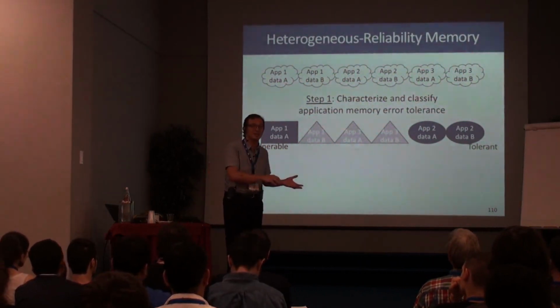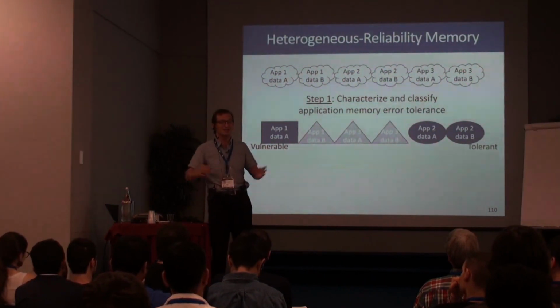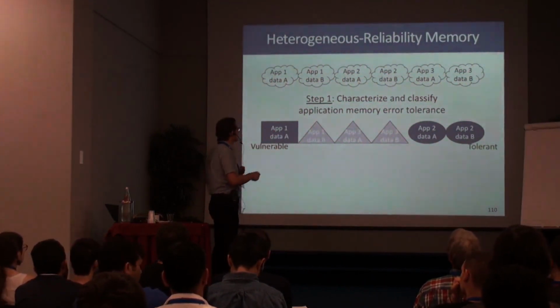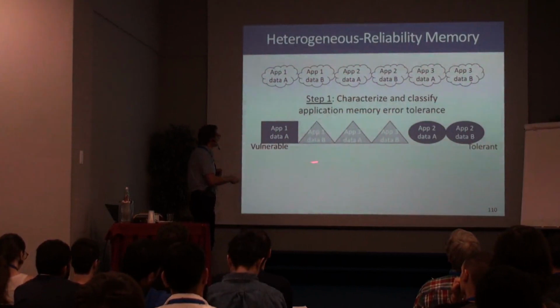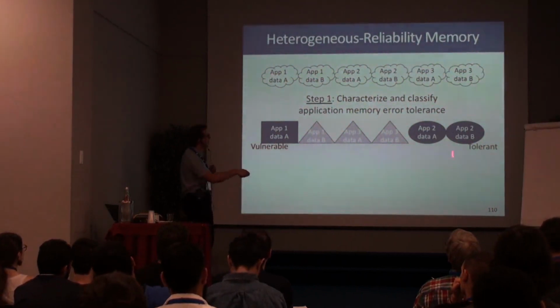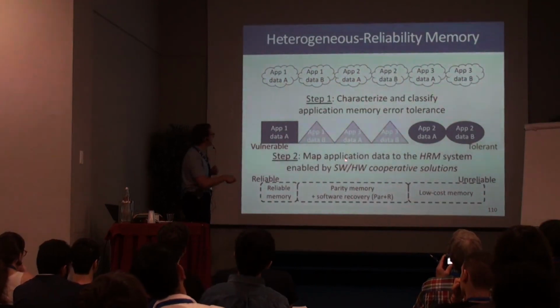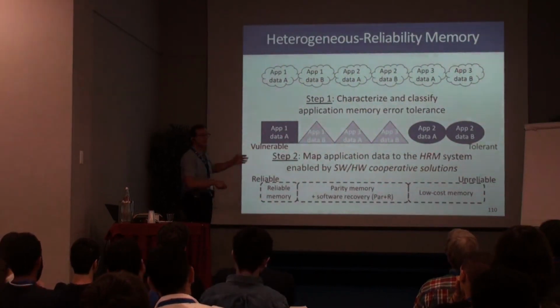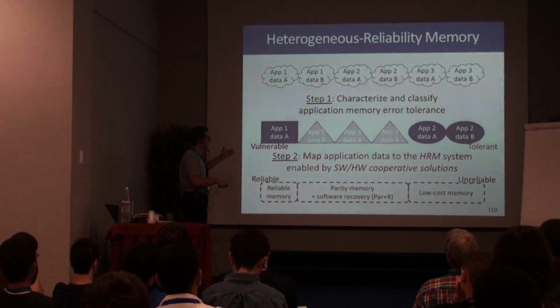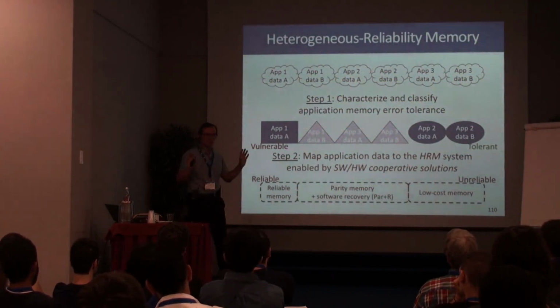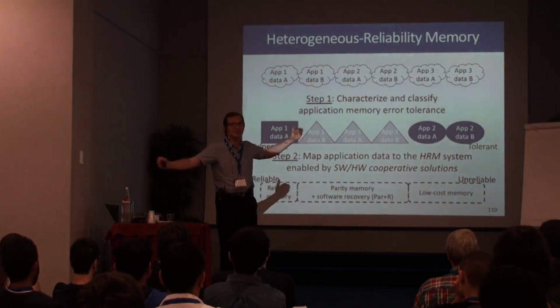Do you do it at the data structure level? Do you do it at the memory region level? I think there's benefits to data structure level information also. But clearly there's a spectrum, vulnerable data, tolerant data. And after you know your data very well, you can map that application data to this heterogeneous reliability memory system with hardware-software cooperation. I'm not going to talk about exactly how you do it because this really spans the entire